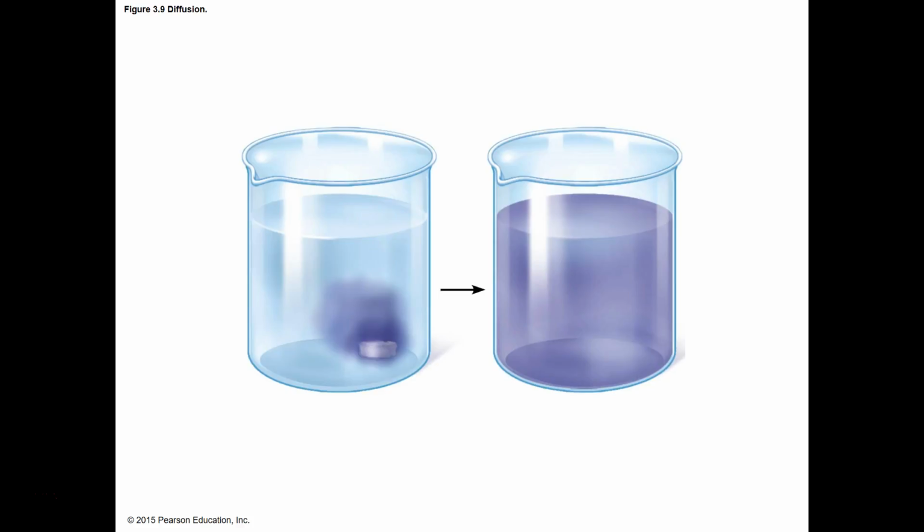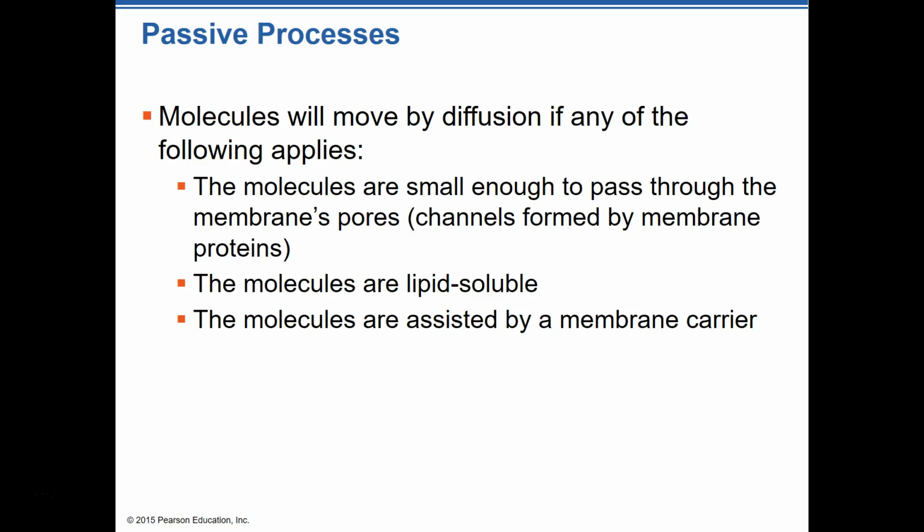So here's an example of diffusion. We drop the sugar cube in the beaker on the left. We wait long enough, and what we get is what's in the beaker on the right. That's going to be completely dependent upon what substance it is that we dropped in there. Some move a little bit faster. Salts would move a little bit faster, and actually a lot of salt would already be distributed before it ever got to the bottom. Salt is much smaller. Sodium chloride is much smaller than sugar, so it would move a lot faster.